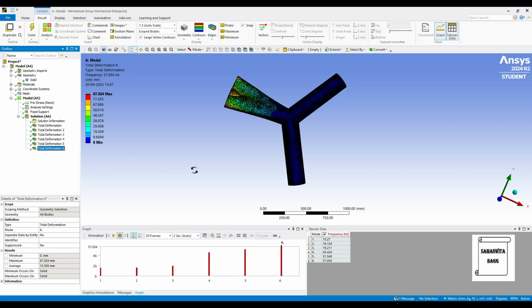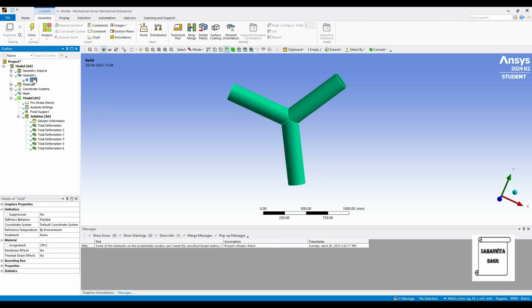And for the last mode, maximum deformation is again 87.024 mm and frequency is 57.054 Hz. So you can see for this value of frequency, this is the amount of deformation you will get, given the material is CPVC. Now let's change this material to